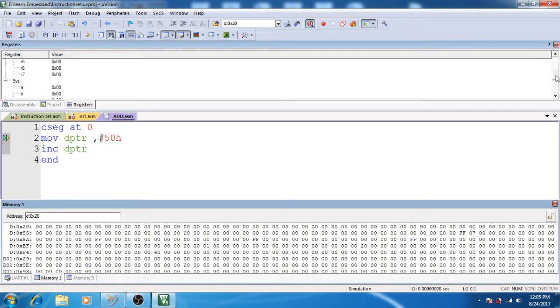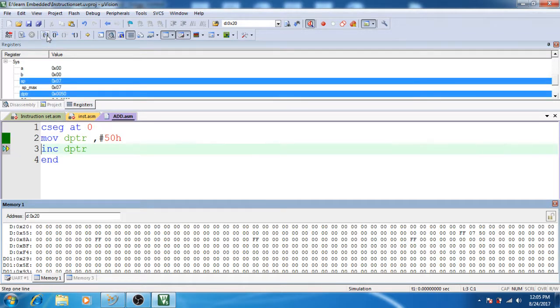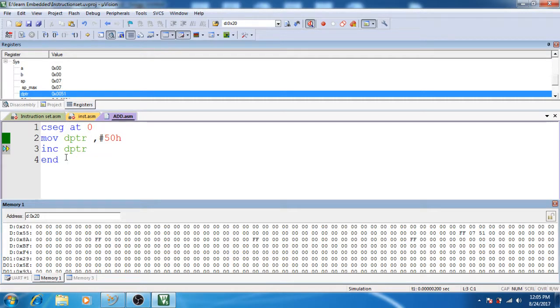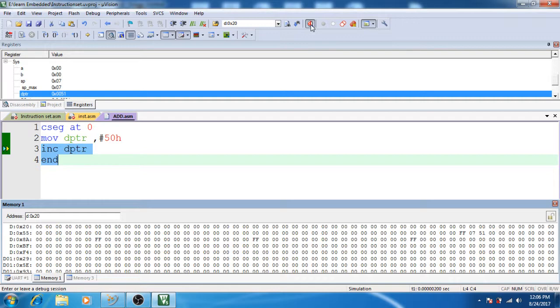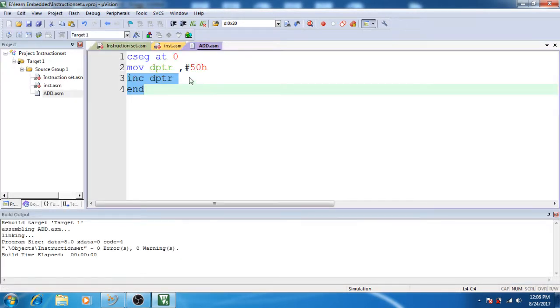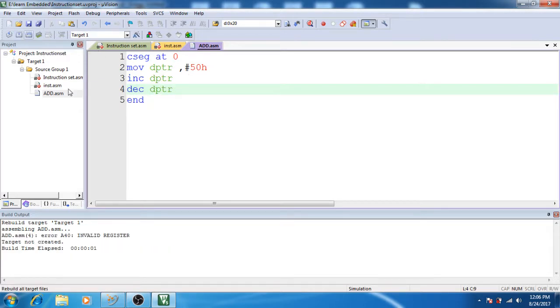Let's see what is inside DPTR. Here DPTR contains 0. If I run this code, due to MOV DPTR, #50, DPTR contains 50H. If I again run this code, due to INC DPTR, the value inside DPTR gets incremented by 1. So DPTR contains 51. Let's see, can we decrement the DPTR? If I write DEC DPTR and build the code, it gives